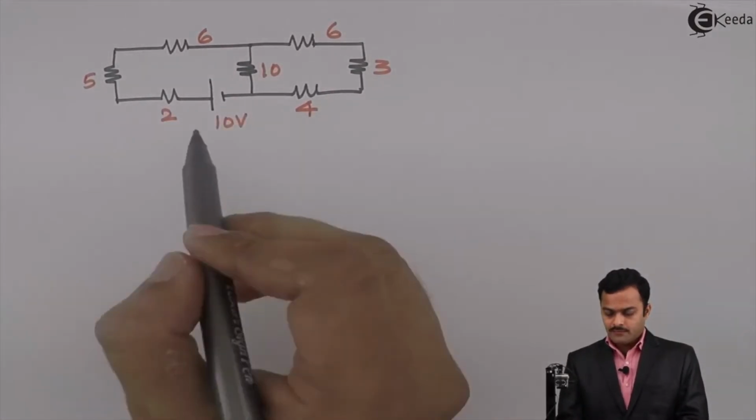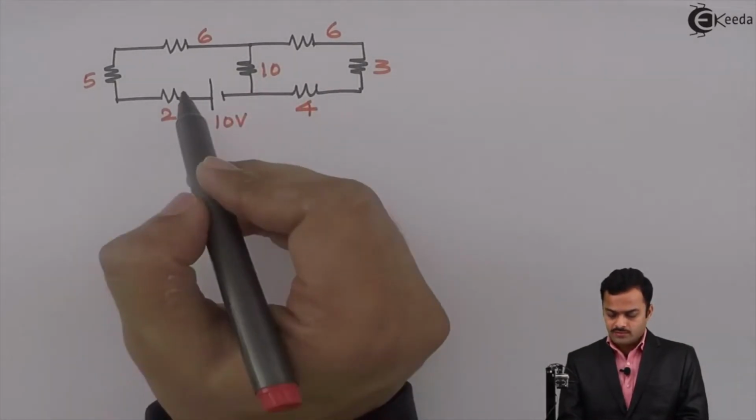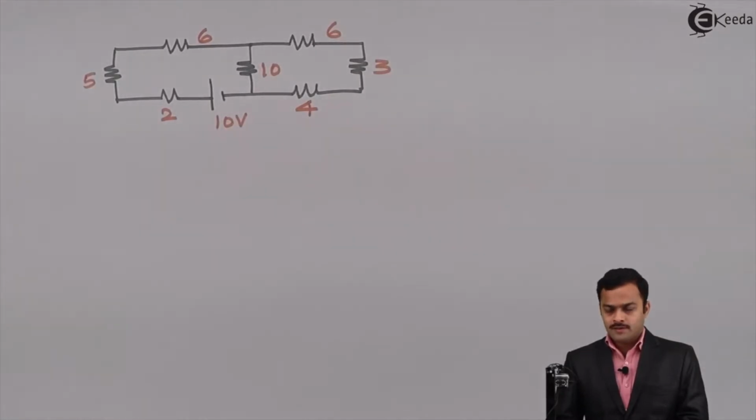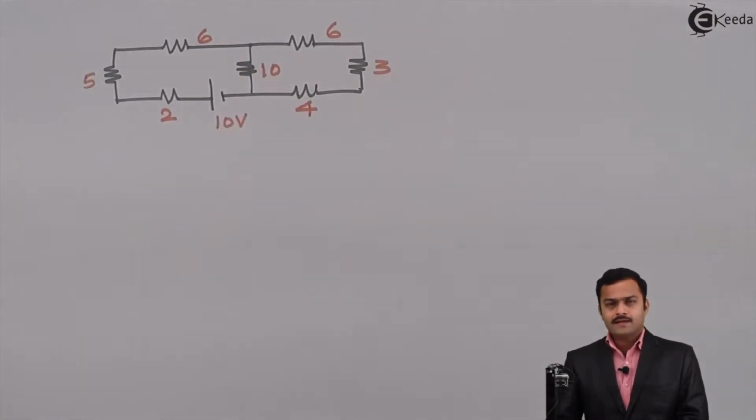So here I'll get a very simple circuit like this. In this circuit, we are supposed to find out current flowing through the 5 ohm resistance because of 10 volt acting alone. Again, choice is yours. Either you can go for mesh, nodal or circuit reduction technique. So here we will solve the problem by circuit reduction technique.